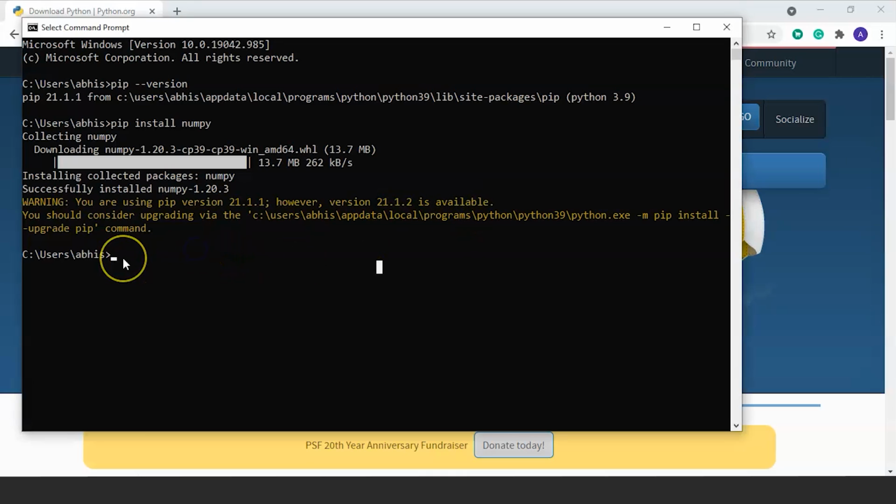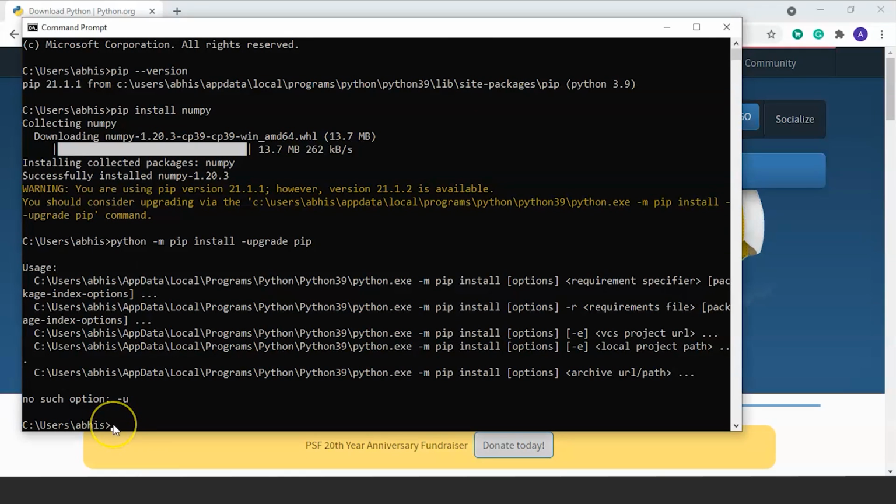So we'll upgrade the pip version. For that, we will write a command python -m pip install -upgrade pip, enter. Okay, so we made a mistake here in the command. The mistake is we have written only one minus sign before the upgrade. We have to write two minus signs before the upgrade.